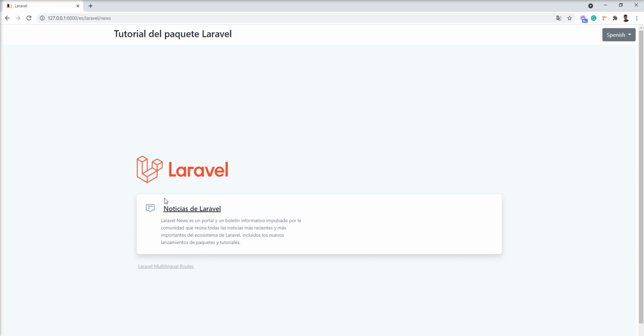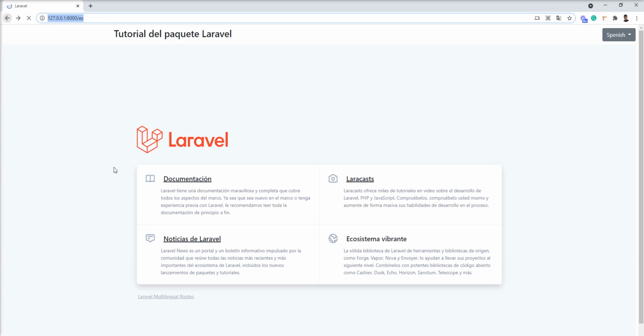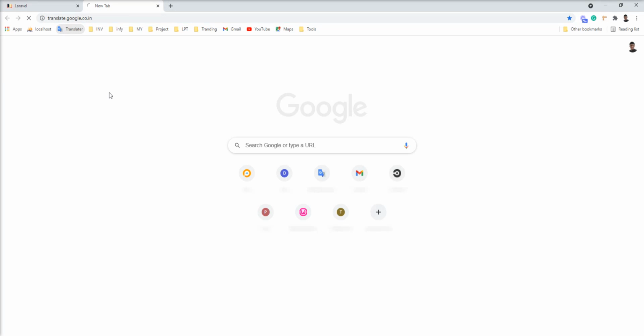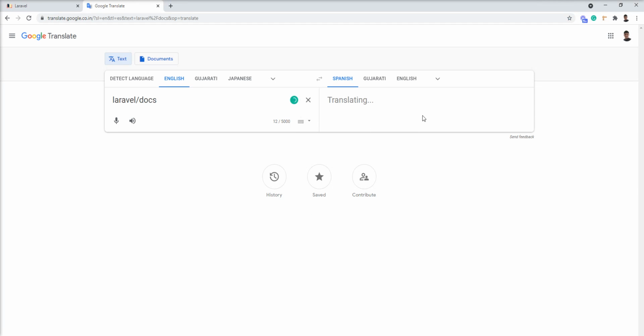Now Spanish is loaded. Now I'm going to show you how to change this route to be multilingual. For example, this is the Spanish language selected, and when I click on the documentation, this route being multilingual means it should load with the Spanish. So let me convert it first and show you